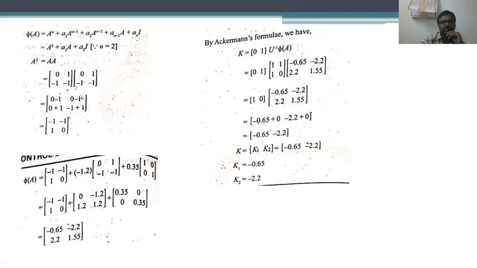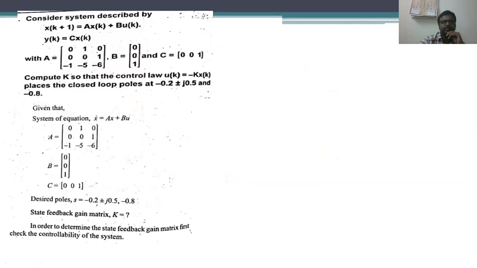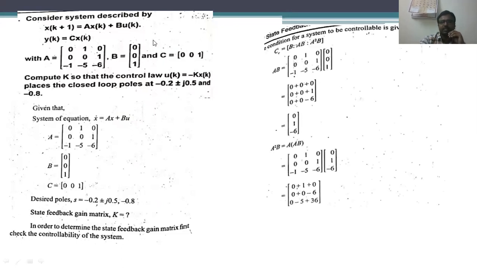Let us go for the next problem, that is the last problem in this unit. After discussing the solution of this one, we will discuss the previous university question papers also. After completion of unit 4, we have not discussed the previous university question papers. So we will discuss the previous university questions regarding unit 4 and unit 6. Unit 4 is nothing but the questions regarding stability criteria. Let us go for the solution of this last problem in this unit.